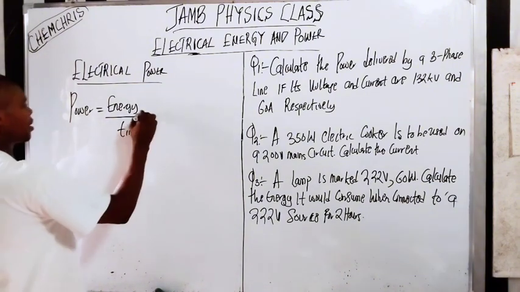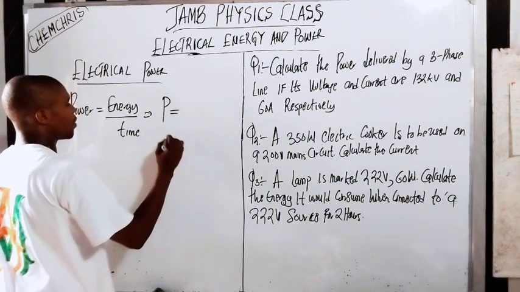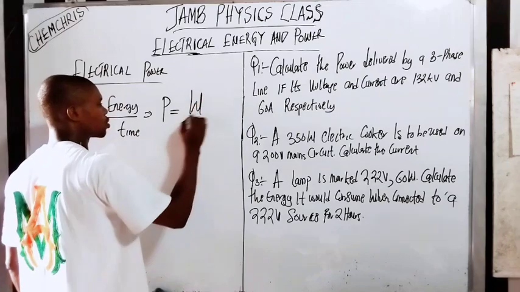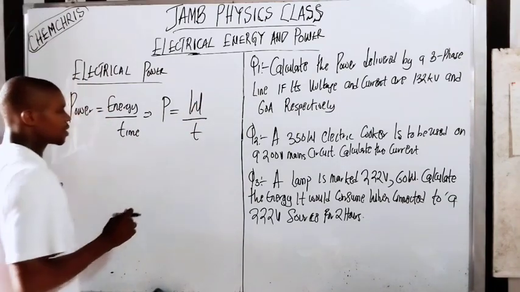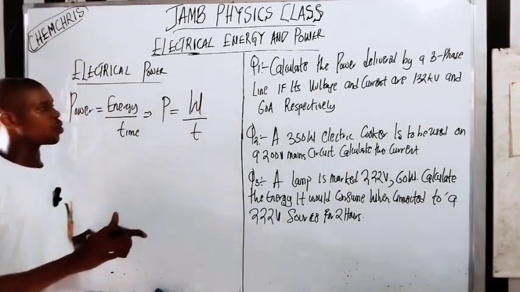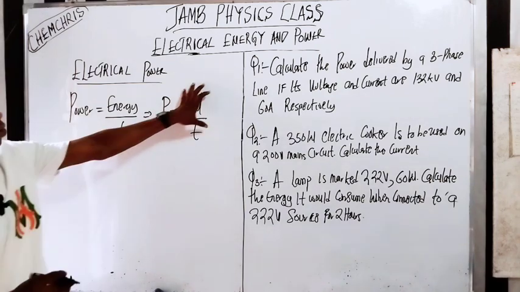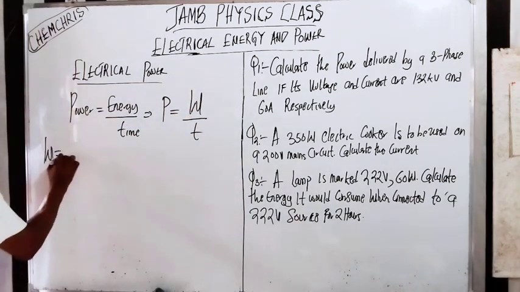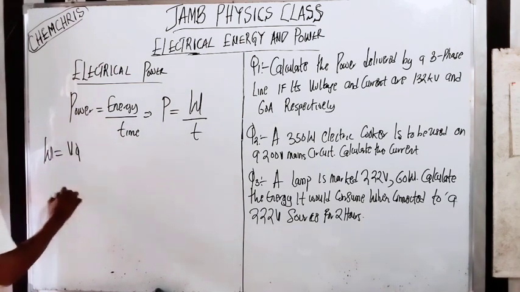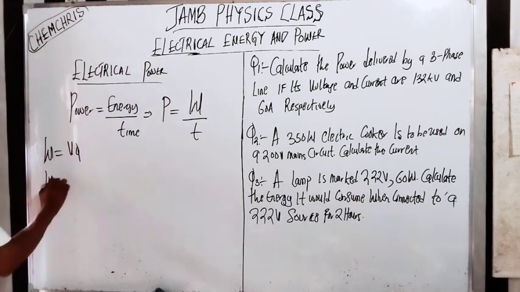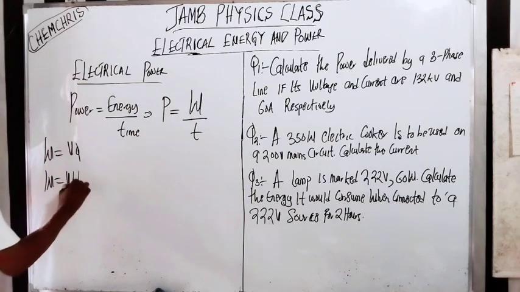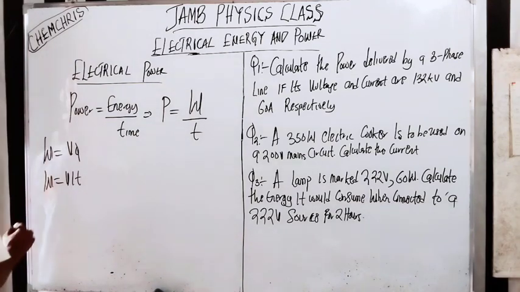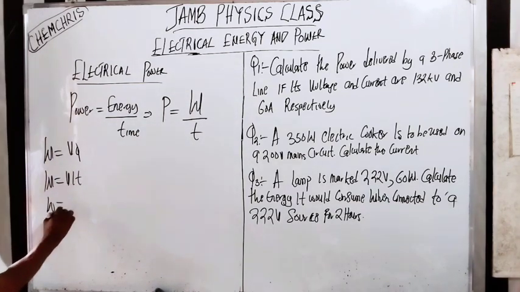So here you can just say P is power, W is the work done, over T. Do you understand? This work done is what we have already studied. Remember, W is equal to VQ, right? And W is also the same thing as VIT, right? And W is also the same thing as